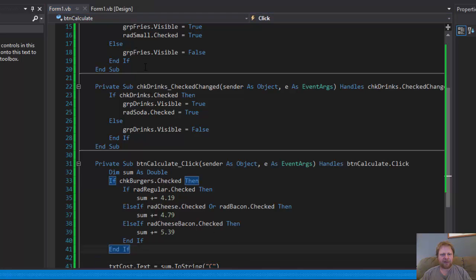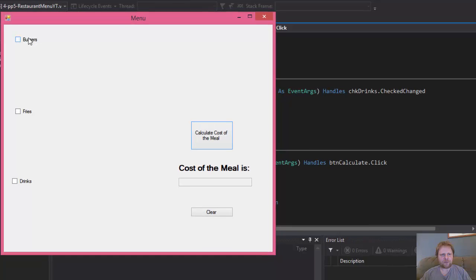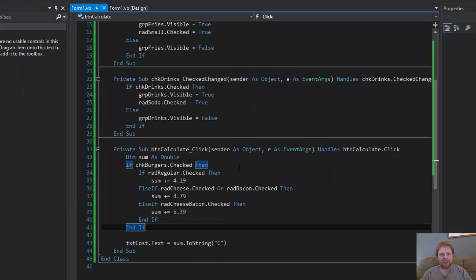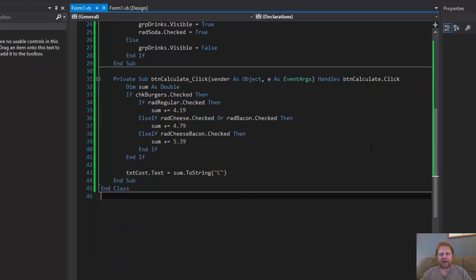So let me check that. Burgers. If I click now, it should tell me 479, and it does. If I do this, it's the same. Well, this is 479 as well. This one is 539. It changes to now 419. So this works. So basically, what we have to do now is do the same thing for the drinks and